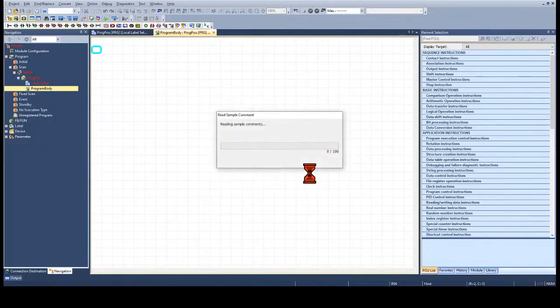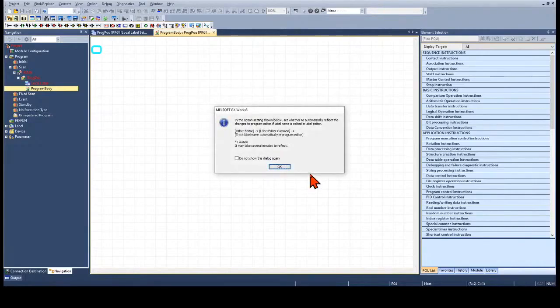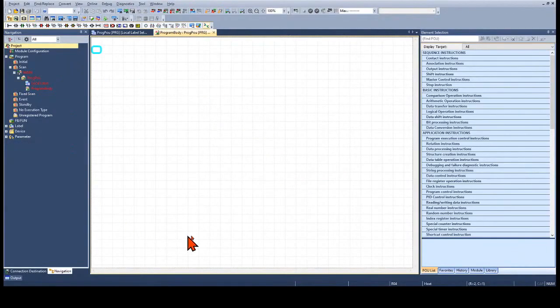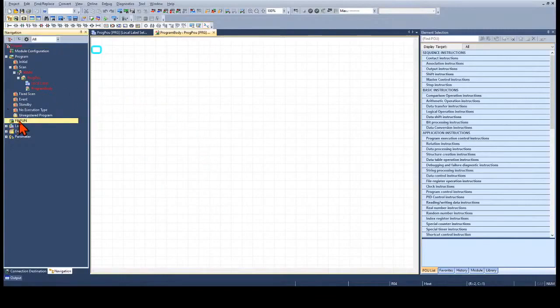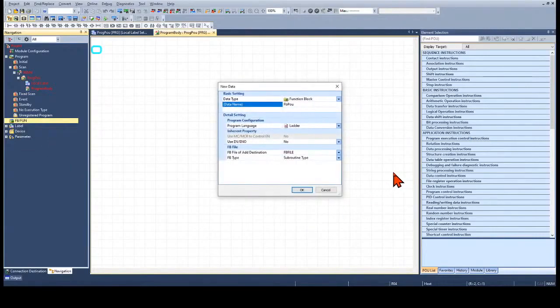Now the project will open onto the main program that's indicated on the screen at the moment. But at the moment, we're not too worried about that. We want to create a function block. So if I right click, I can add new data, and we get a pop-up that will ask us to define what